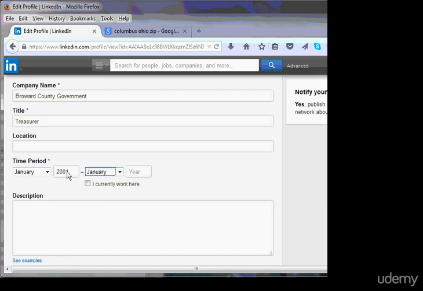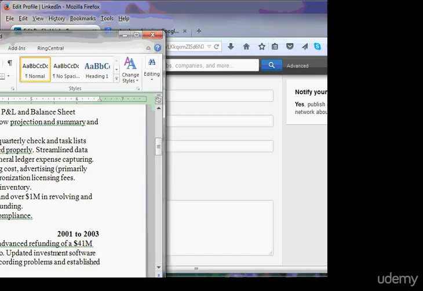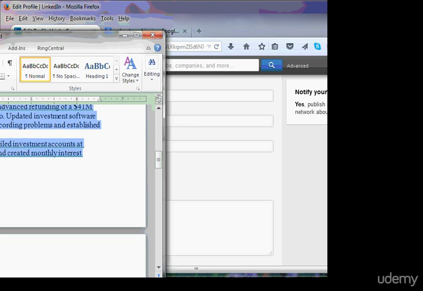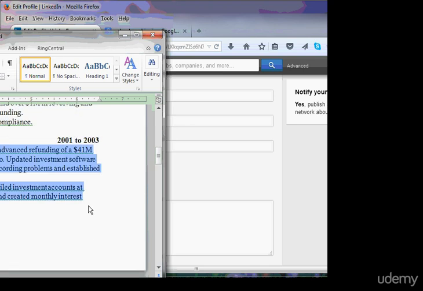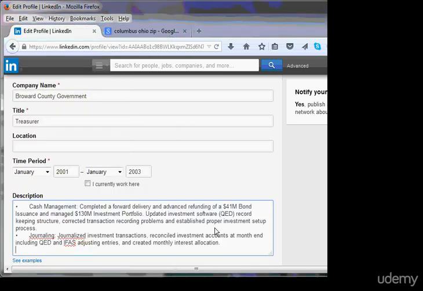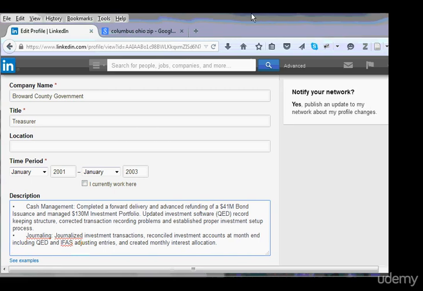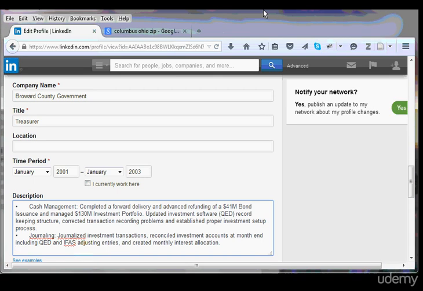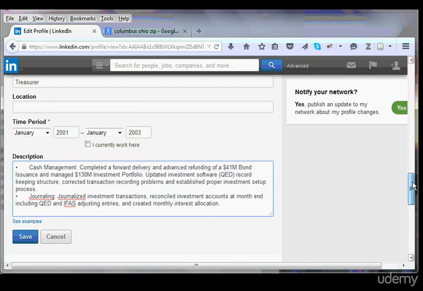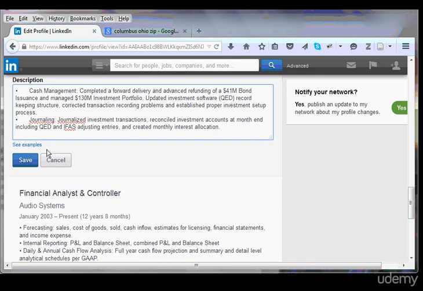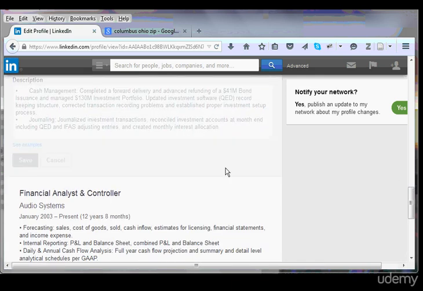It's 2001. Once again, I'm making up the month here. You're going to want to use the correct months. I go to my resume, I copy and paste this section straight out of the resume. Now, one of the things you're going to notice here is this is a pretty small job description, and the reason is a lot of what Lisa did there does not match the position that she's going for, financial analyst. So I only selected the stuff that matches. And this becomes even more important because